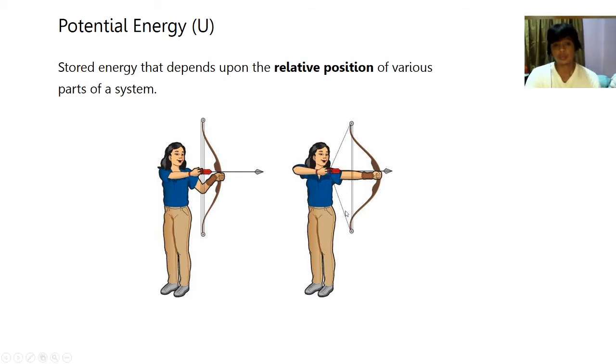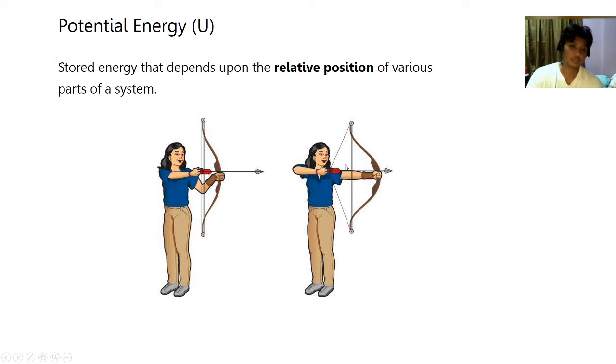So you can assign a certain value called potential energy, and that value will change if the relative position of the parts of the system will change. For example, these